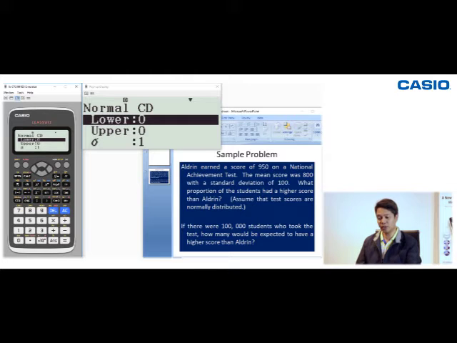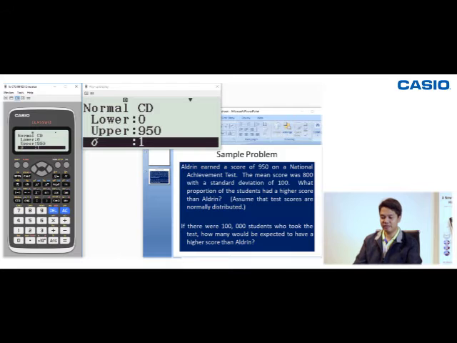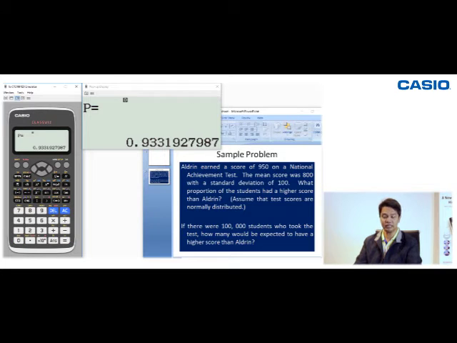Here, the lower score will be 0. Since this is cumulative, the lower score that we will use will be 0. And then, Aldrin's score is 950, therefore we're going to use it as the upper score. Our standard deviation sigma is 100, so press 100 and then equals. Our mean mu is 800. Pressing that and then pressing equals, we have now the probability